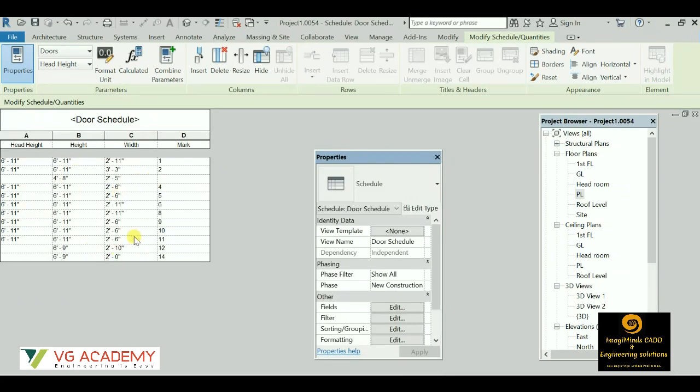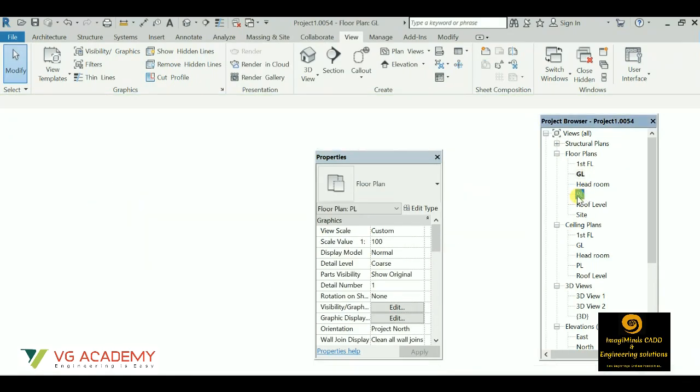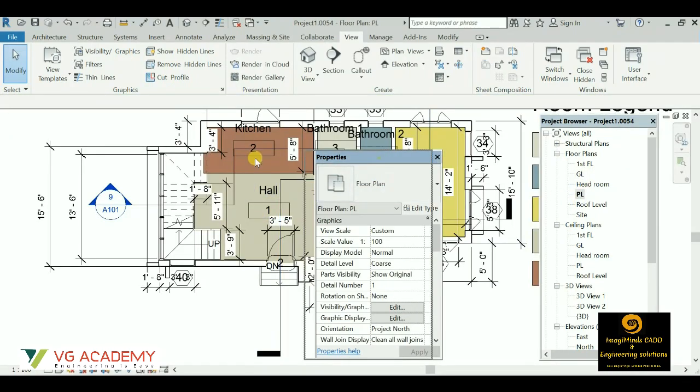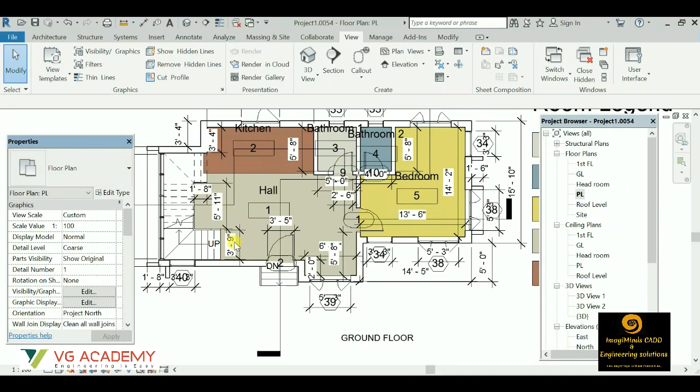The mark can be changed as D2, D1 or D. These are the heights and these are the widths. If I change the width and the height from the plan view, then the height and width in the schedules will also be changed. Like this we can create window schedules as well.